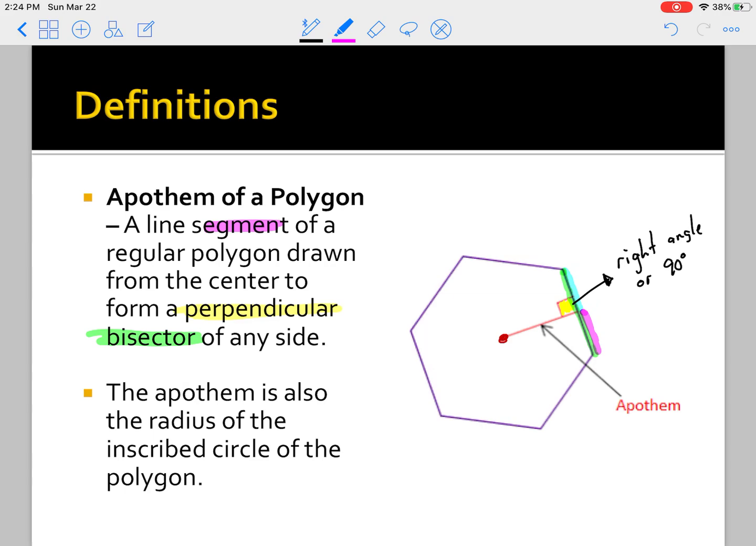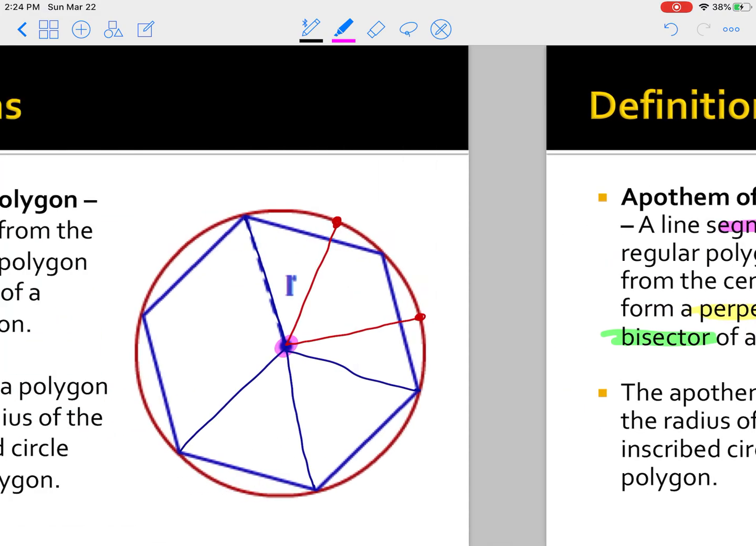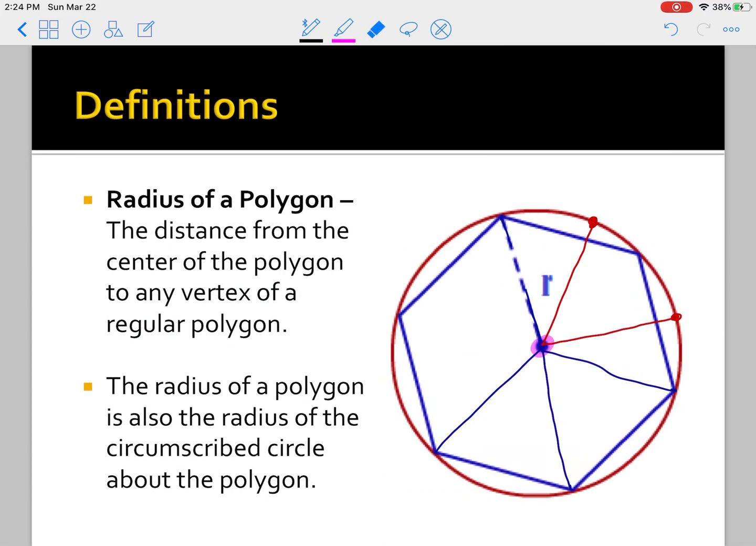And I know that the blue and the pink are equal to each other, and that the segment that is bisecting that particular side forms a right angle with the segment from the center. So we have a perpendicular bisector of the side. If I did have just to show you an example, going back one, if I have a circumscribed circle about